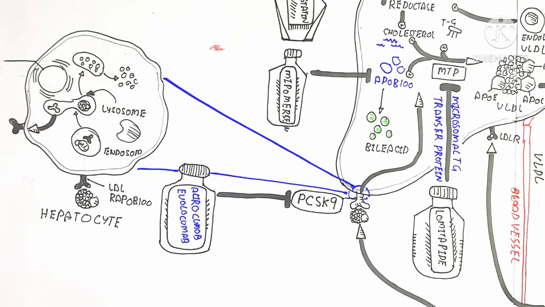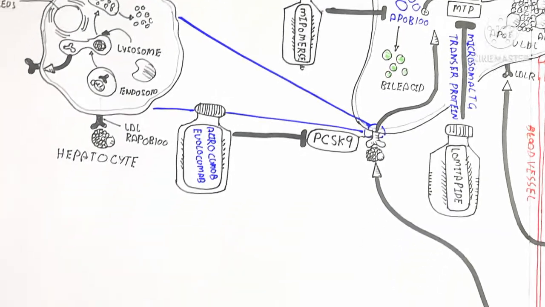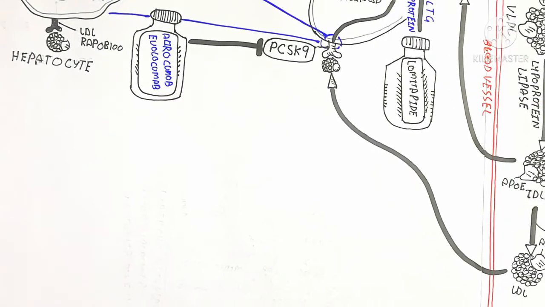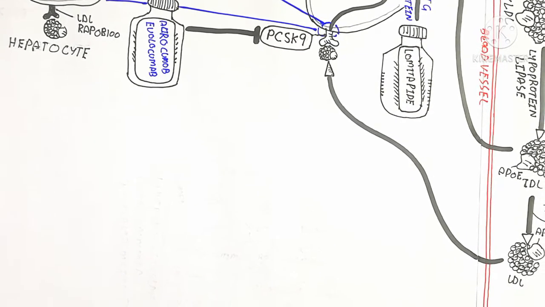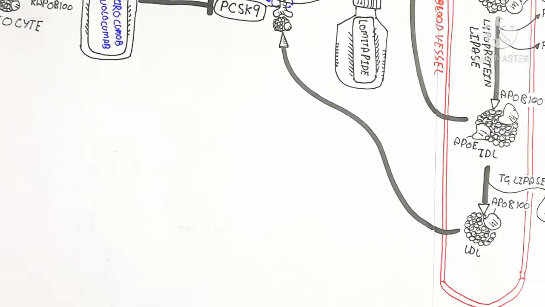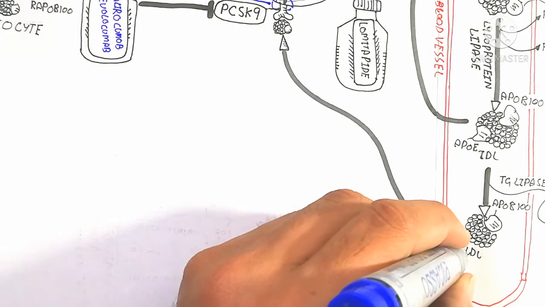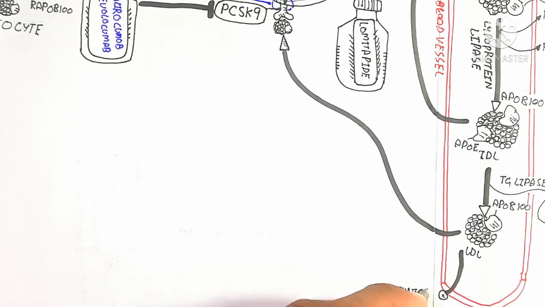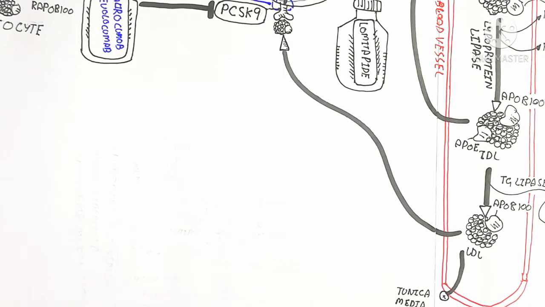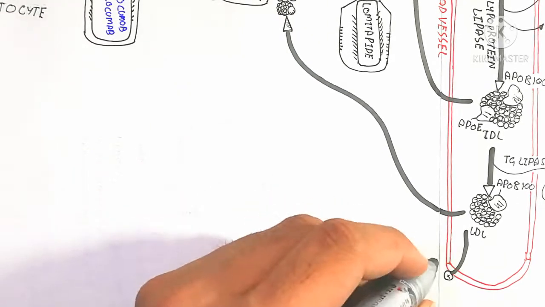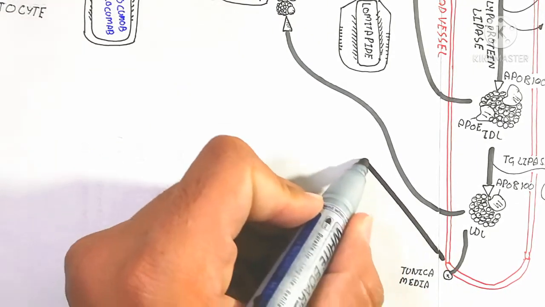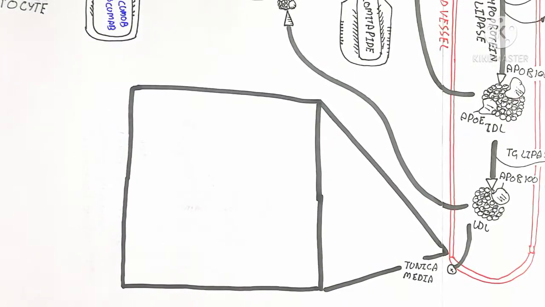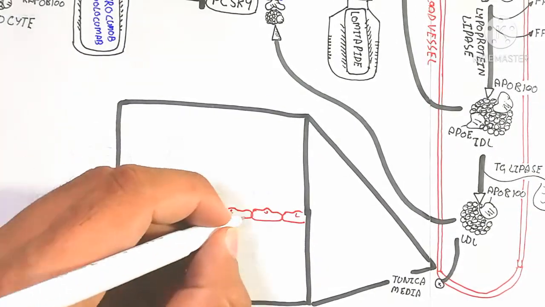Why? Because inhibition is very important when there is low density lipoprotein excess in our blood. Or on the other hand, if fatty liver is produced because a high amount of cholesterol and fat is present in the liver, this inhibitor can work well. So here I am drawing how the low density lipoprotein can affect